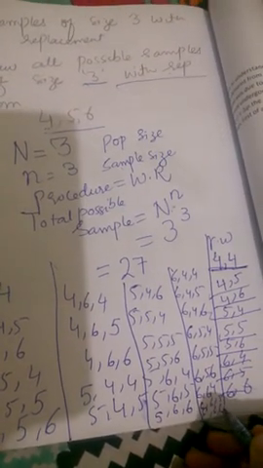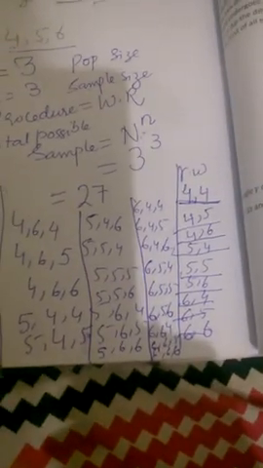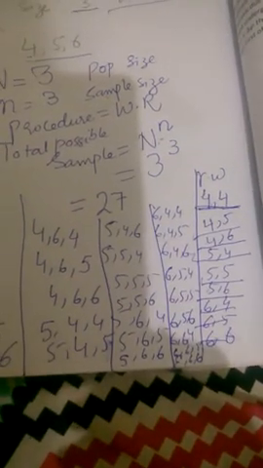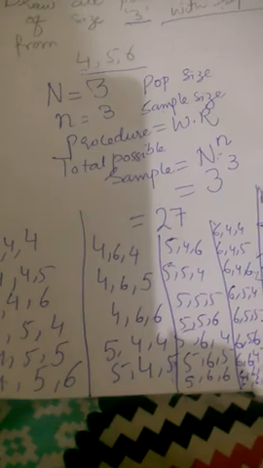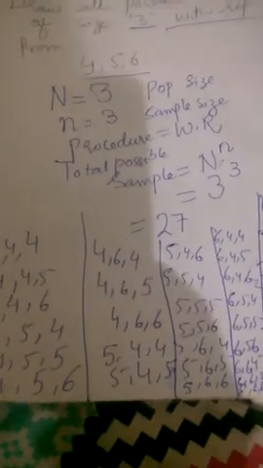This will be your last sample. So while you are making your samples of size 3, you have to make samples of size 2 in your rough work, and then select each and every sample and assign it to the population units. You will get the samples of size 3.